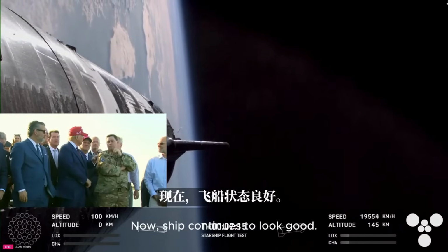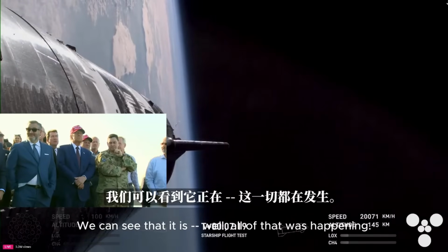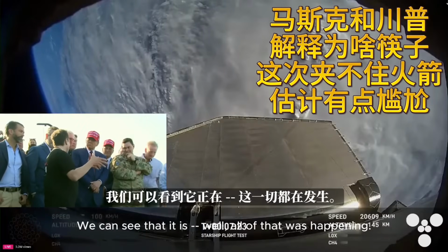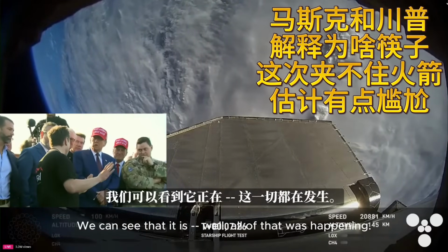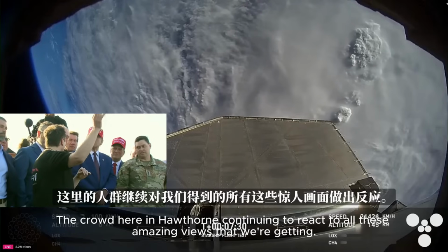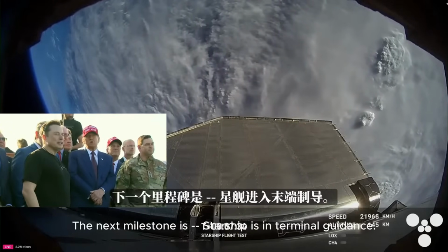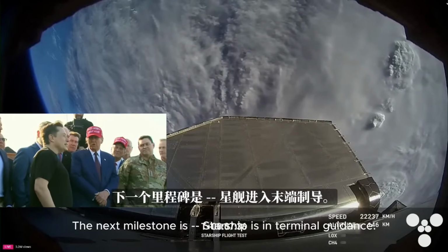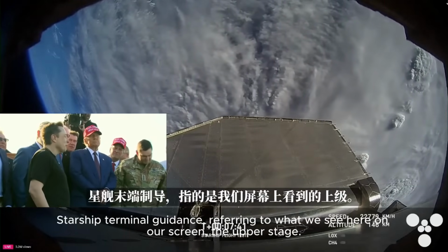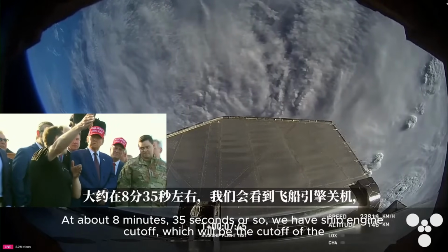Now, ship continues to look good. While all of that was happening, the crowd here in Hawthorne continuing to react to all these amazing views that we're getting. The next milestone is Starship is in terminal guidance. Great news there. Starship terminal guidance, referring to what we see here on our screen, the upper stage, at about